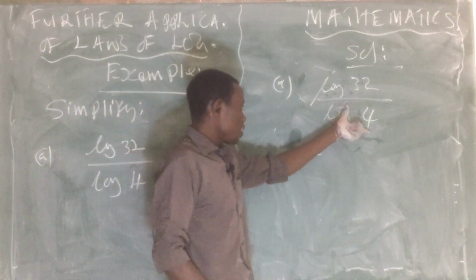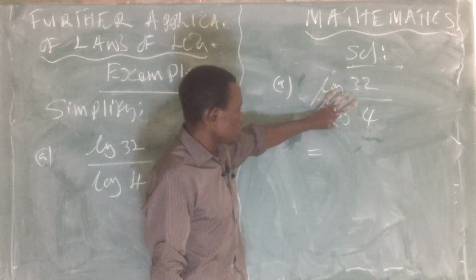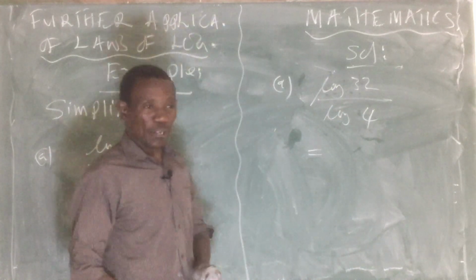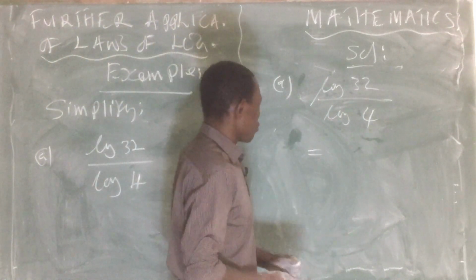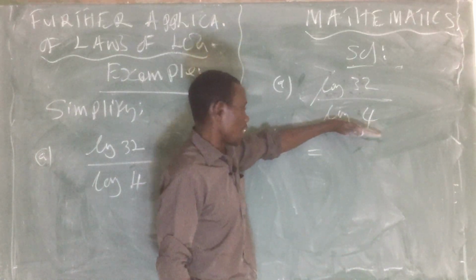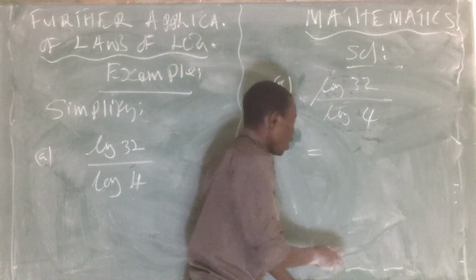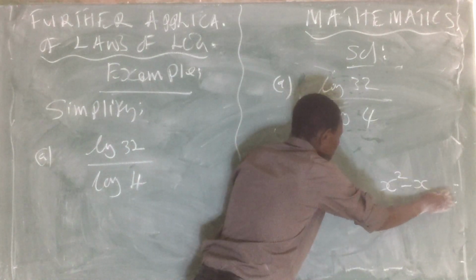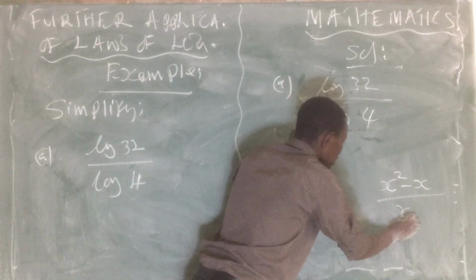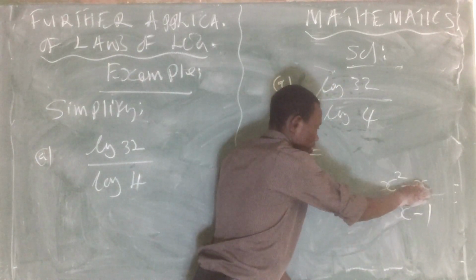And this again is part and parcel of the logarithmic laws whose bases are not indicated. So what I will do here is just try to make it possible. What can be the common factor that can cancel with this one and that? Remember in an algebraic fraction, when you have something like x squared minus x, and you're dividing by x minus 1,